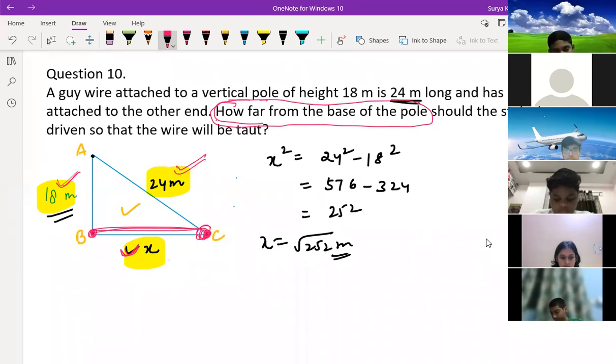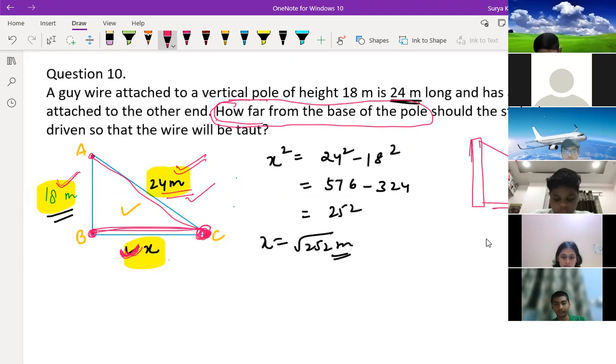The 24 meters is this only. So this from the top of the pole and they are tightening at the ground. So this is your 24 meters. You might see in the village, one pole will be there, no? To support this pole, they are putting one wire like this on the ground so that this will not fall down. Did you see, children, before? Nowadays it's not happening, but you might see it in the village side. So this is 24 meters. You have to find the x over here. How far from the pole, meaning the base of the pole, this stake has been driven.